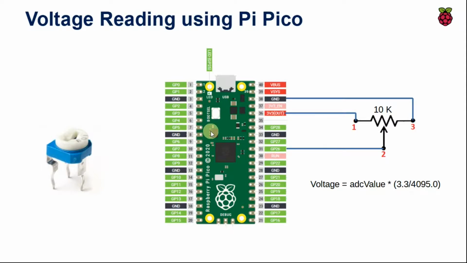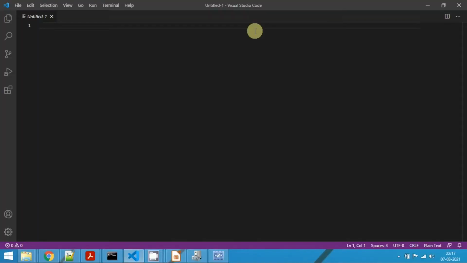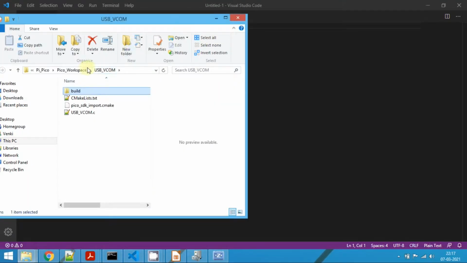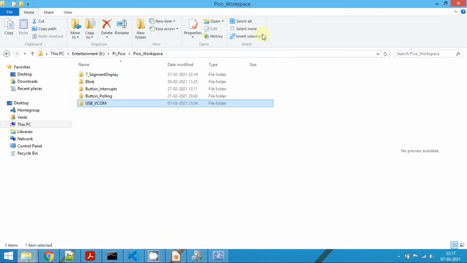Now let's open VS Code by typing the code command in the developer command prompt. Once VS Code is opened, go to our workspace and create a folder and name it voltage_reading, and then go to ESP virtual comport.